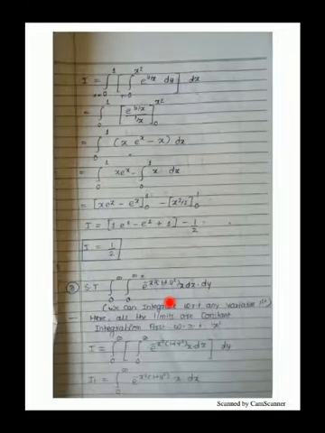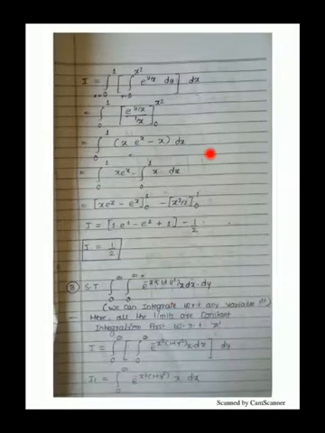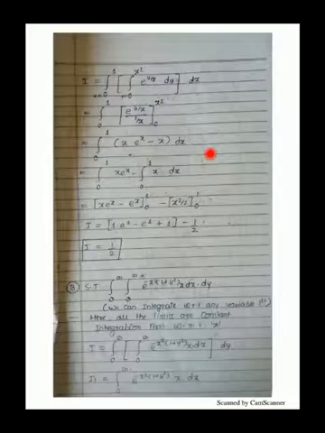Now instead of y, substitute the upper limit x square, and instead of y, substitute the lower limit 0. So this 1 upon x will be multiplied, x into e raised to y upon x. Substituting, x into e raised to x square upon x becomes x, the x gets cancelled, e raised to x remains, minus x into e raised to 0, which becomes 1. So what is left? x e raised to x minus x, upper limit minus lower limit.